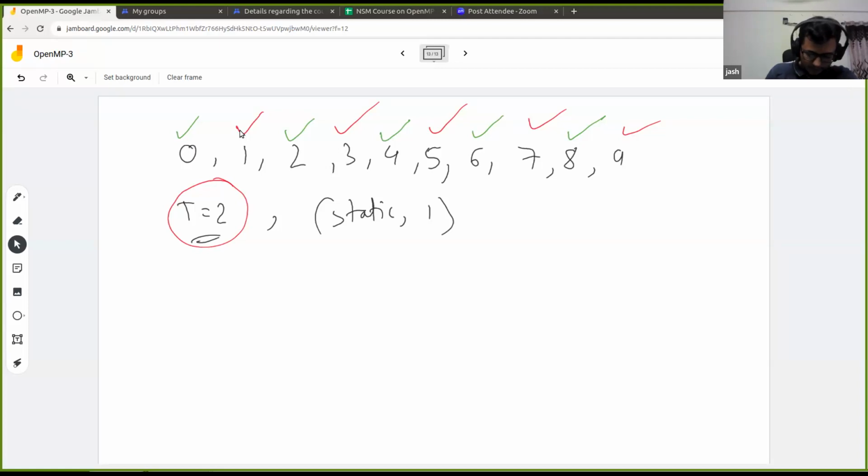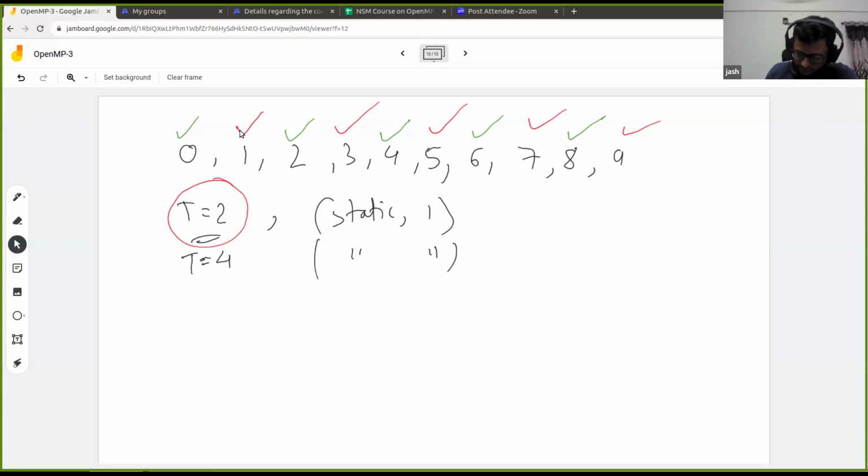Now, let us say that you have 4 threads instead of 2 threads, and again it is static, 1. Now the scheduling will be quite different. The way the iterations are divided among the threads will be different.